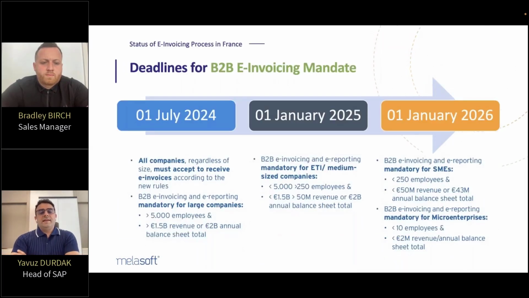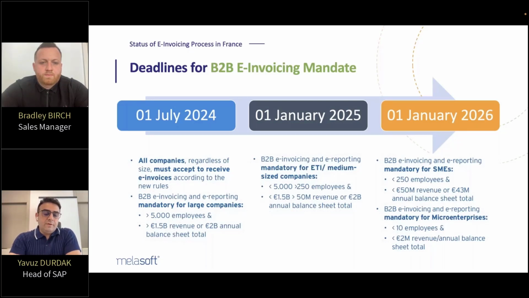In this slide, you see the deadlines for the business-to-business e-invoicing mandate in France. As I said in the previous slide, starting from 1st of July 2024, all companies, regardless of size, must accept and receive e-invoices according to new rules. So starting with this date, all of the companies, whatever the size is, must accept the e-invoices as long as their supplier sends e-invoices. In addition to that, starting from this date, business-to-business e-invoicing and e-reporting will be mandatory for